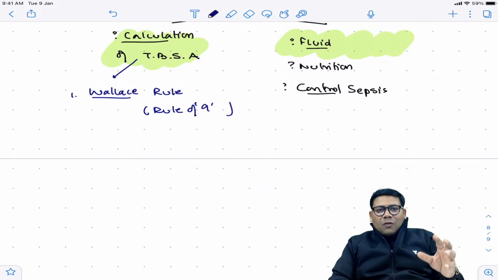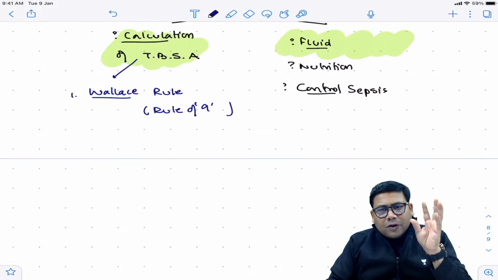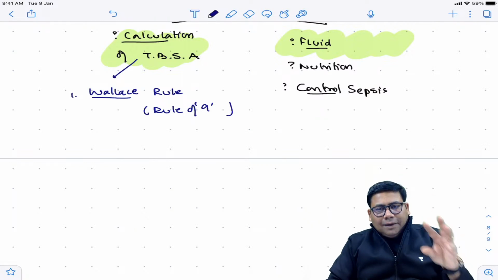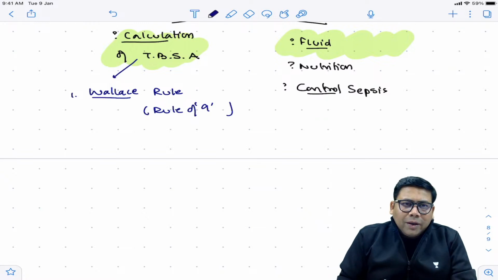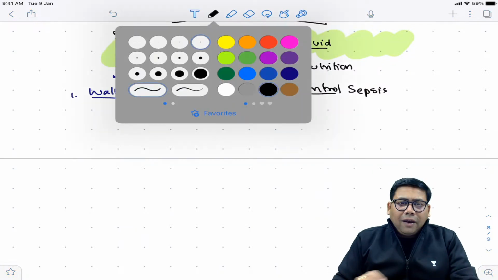Okay. So rule of 9 is a very, very important thing. Why is it important? Because you can recall it anytime. And burn is a serious affair. When a patient comes to the emergency and you start thinking of the Lund and Browder chart, it's so complex that you often tend to miss out a lot of things. So rule of 9, everyone knows.